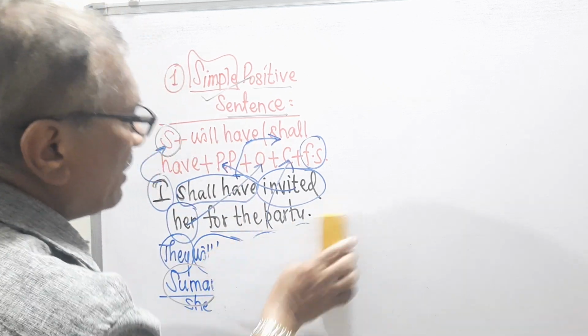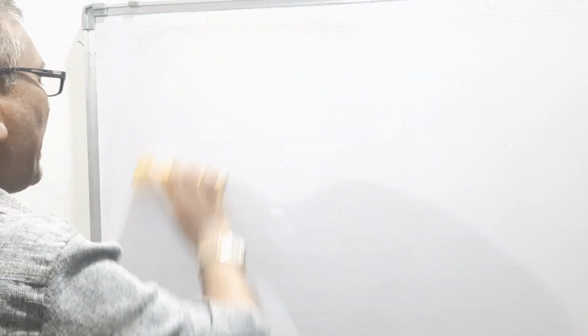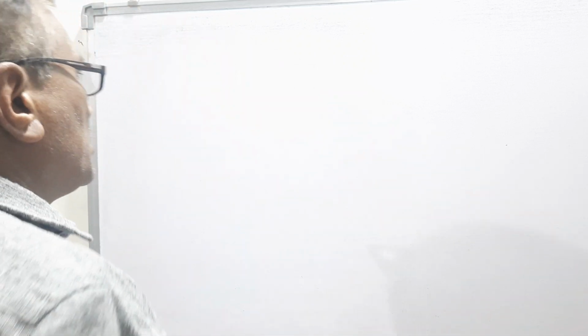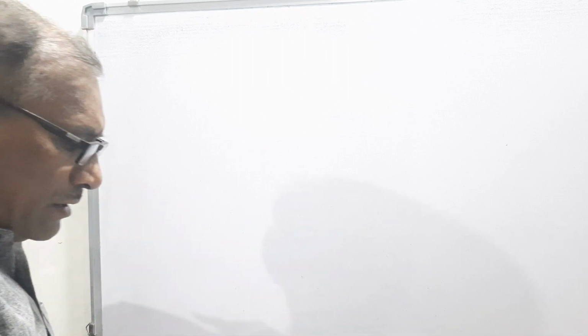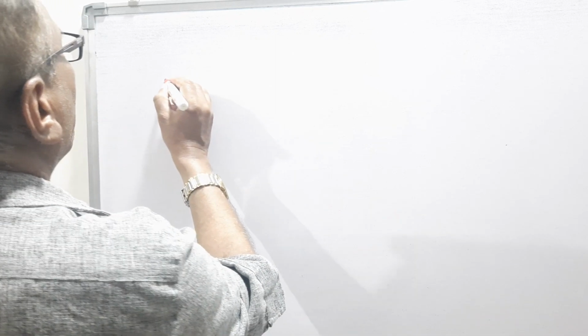So remember here we are discussing the future perfect tense, means everything will be perfect, means when the action will have been completed, or when the subjects will have completed that particular action, that action is taken in the future perfect tense. Means the future perfect tense tells the action which will have been completed in the future times. So remember, now I will discuss the